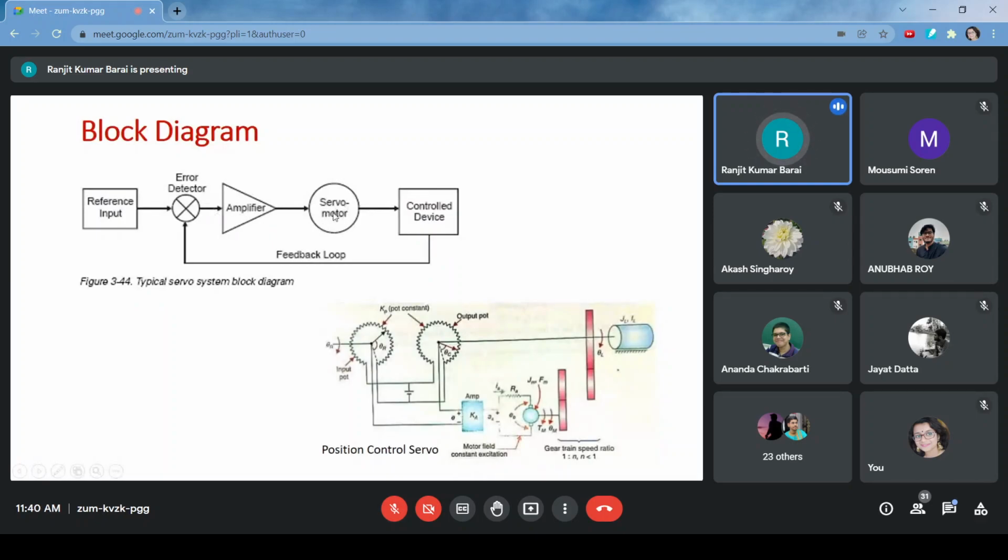The servo motor takes that input in armature control mode or field control mode, whatever, and the control action is taking place. So servo motors, feedback control system, or servo motor has been taken from the very